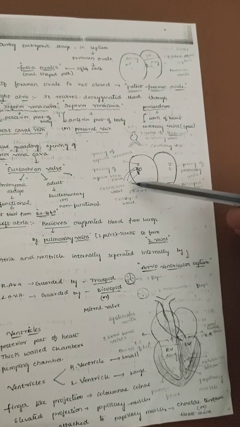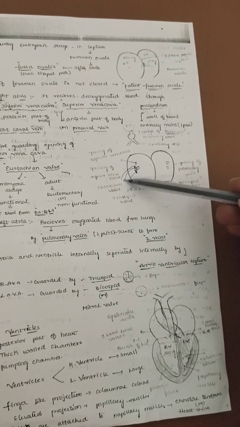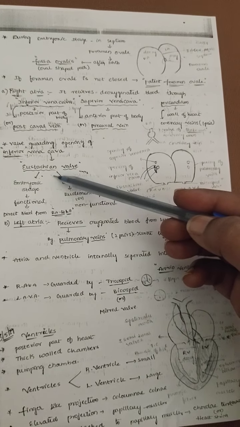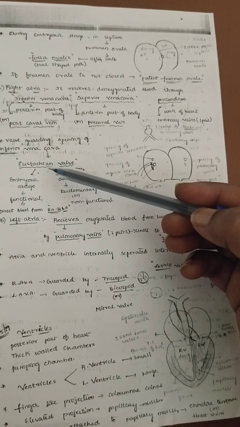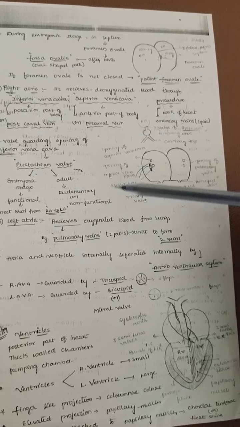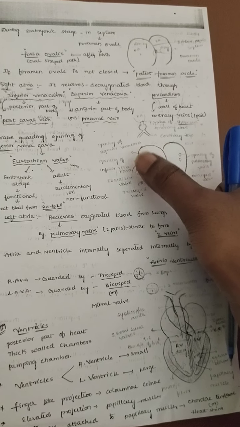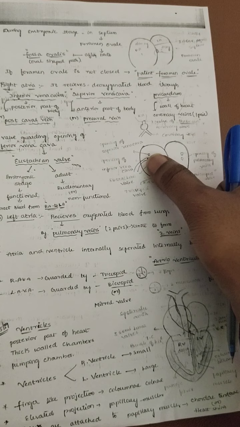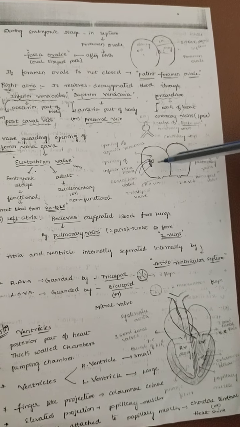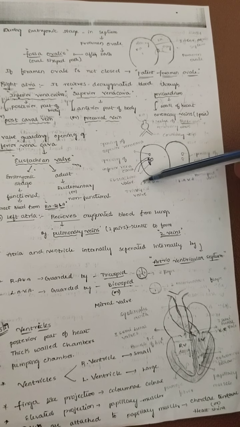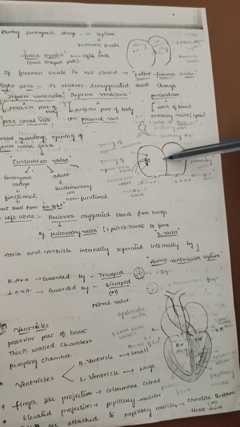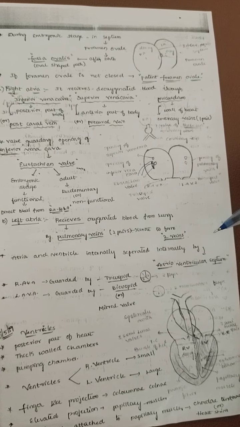Now here, what will happen? This inferior vena cava is controlled by a wall. That wall is called what? The Eustachian valve. In the embryonic stage it is functional, but in the adult stage this wall is closed and rudimentary, indicating a non-functional wall. Basically this blood, which carries the deoxygenated blood, moves from the right atria to the left atria through the foramen ovale.